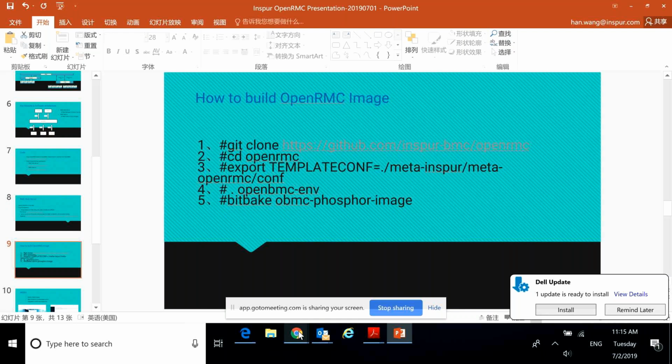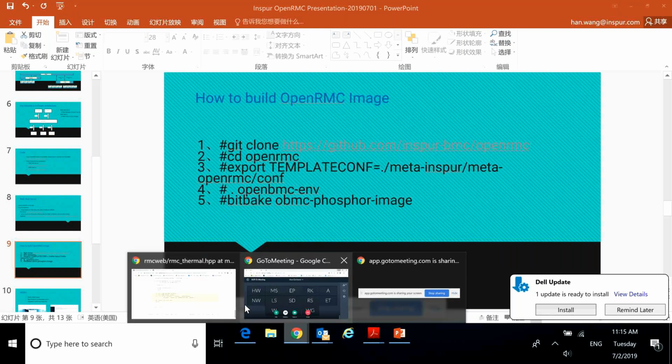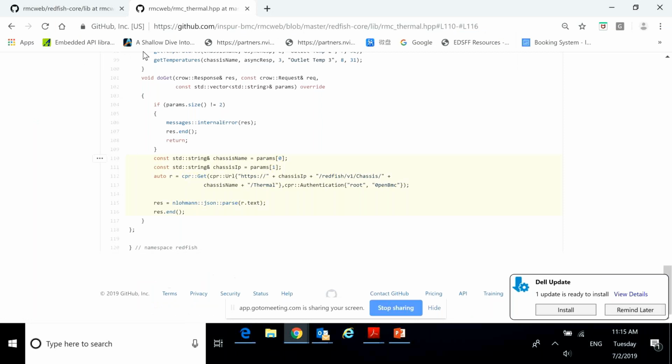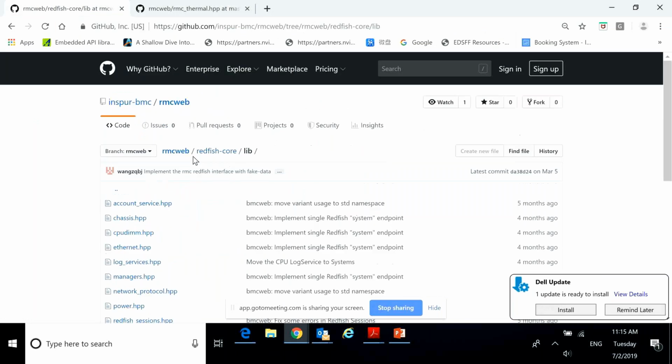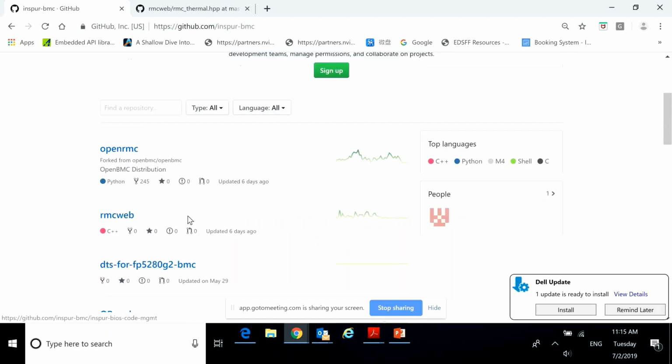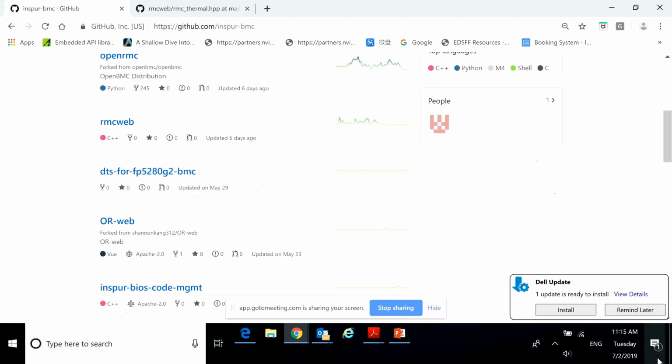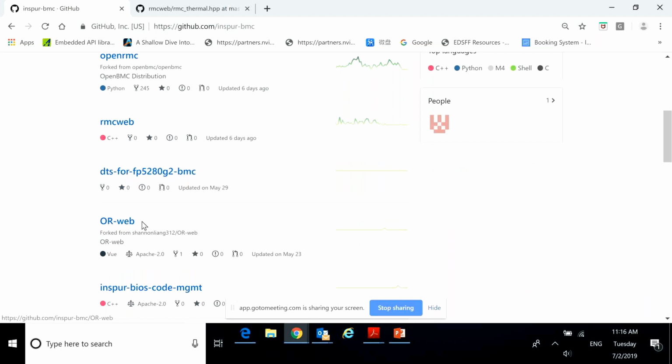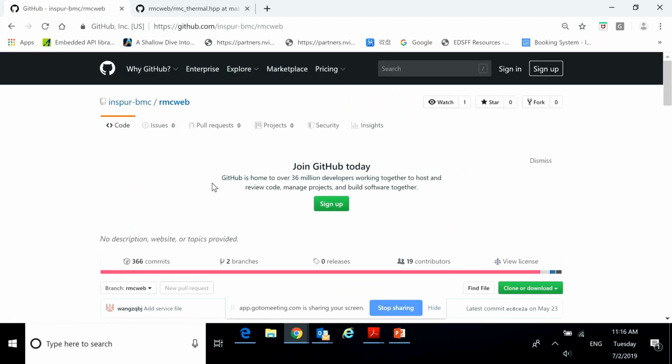So let me go to the code. Can you guys see the screen? Yes, we can. So basically, we have two master folders. One is called RMC Web, and the other one is All Web. RMC Web is for the web server, and All Web is for the web UI. So when we click the RMC web server folder,